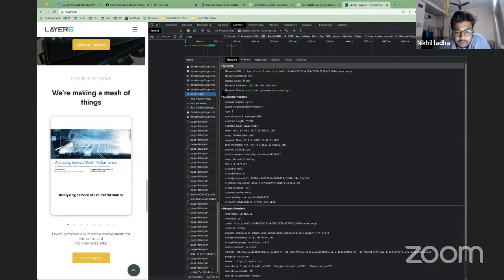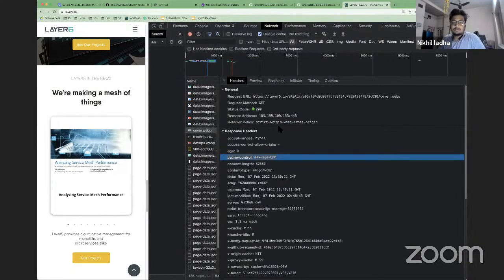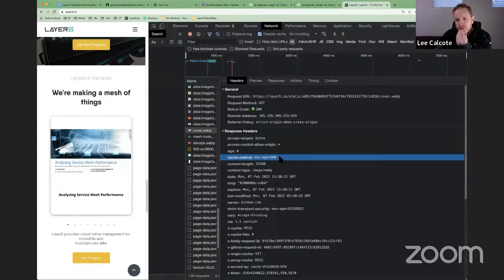If you see in the request header, in the cache control, third one, cache control max-age is 600. Six hundred seconds, is that like 5 minutes, or is it 10 minutes? That is, I think, 10 minutes.